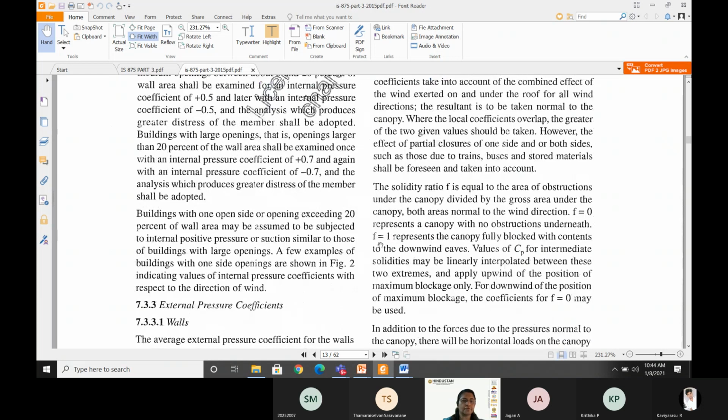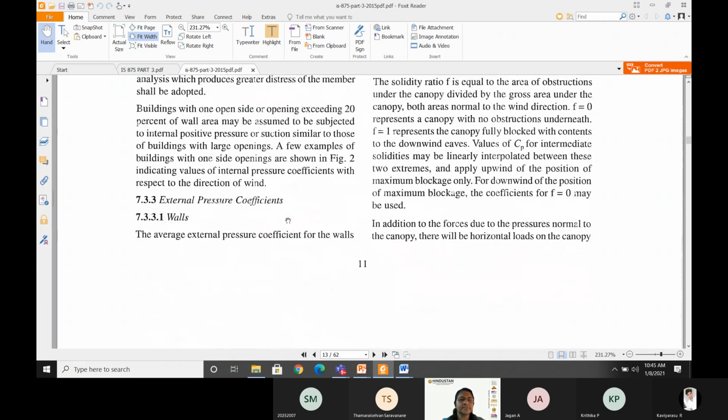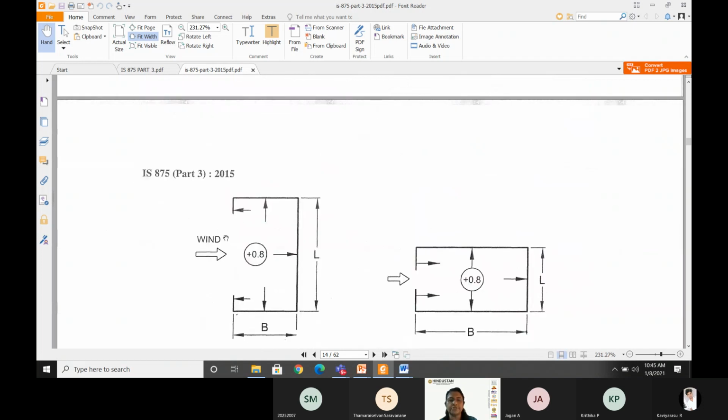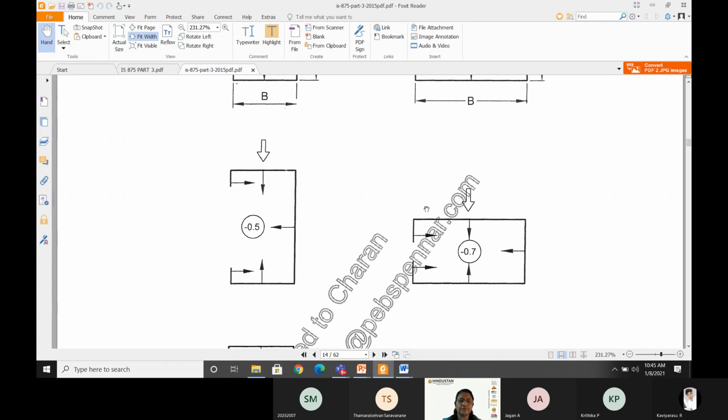Now you have external pressure coefficient. See, external pressure coefficient CPE, it depends upon the direction of the wind flow, whether it is acting horizontally or in the vertical direction, and depending upon whether it is a flat roof or a pitched roof, a sloped roof, the angle of inclination, the dimensions. So the external pressure coefficient depends upon the geometry of the building, the type of the roof, whether it is a flat roof or a sloped roof. Okay, so all these parameters are affecting the value of CPE.